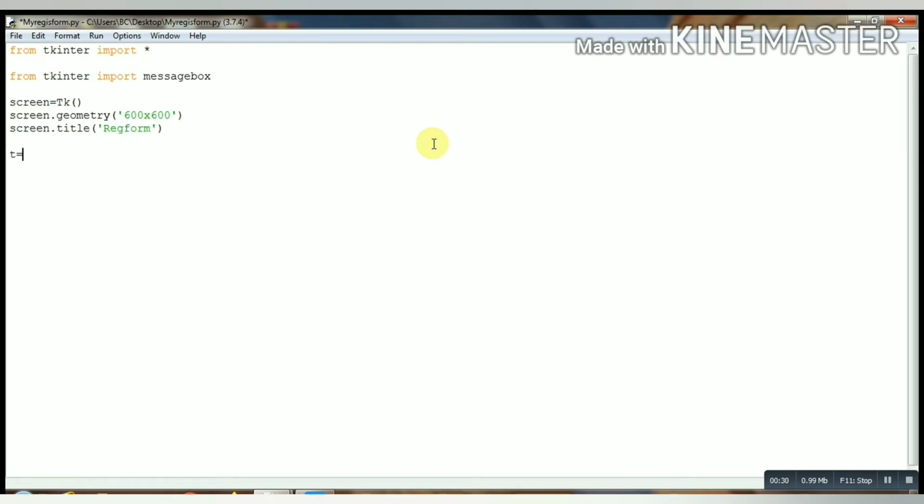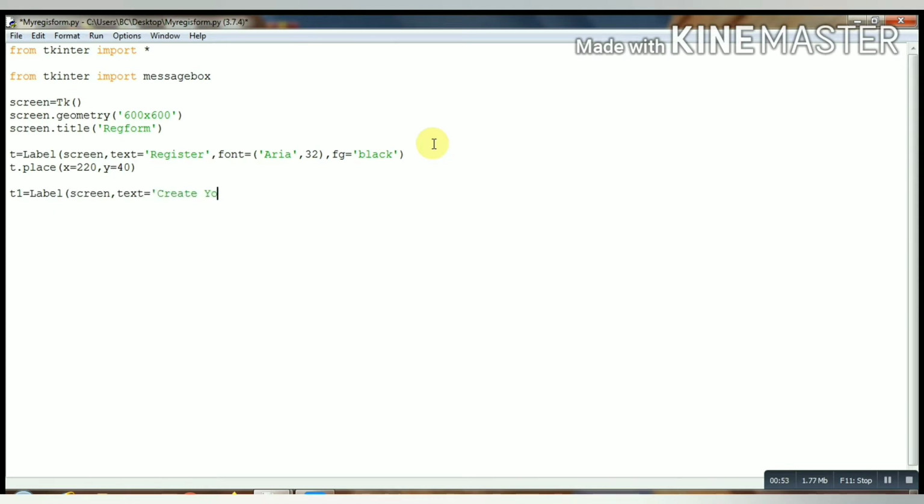Now we will give a text at the top that is Register, font Arial 32, foreground as black, and we will place it at x equals 20 and y equals 40. Now we will give another text just below that.